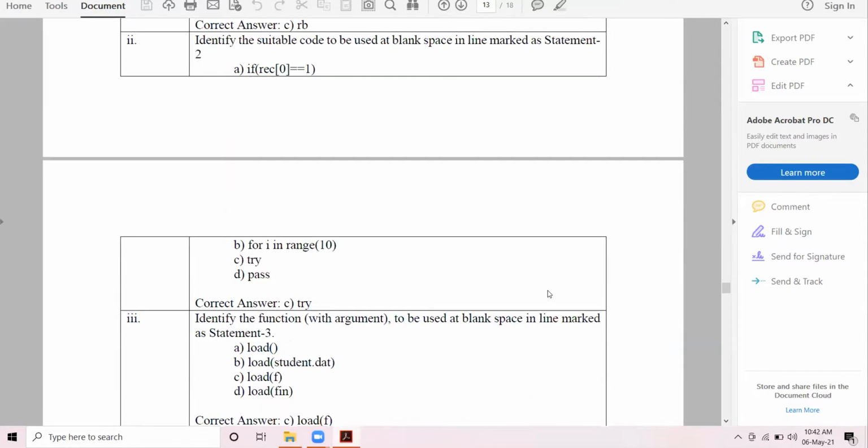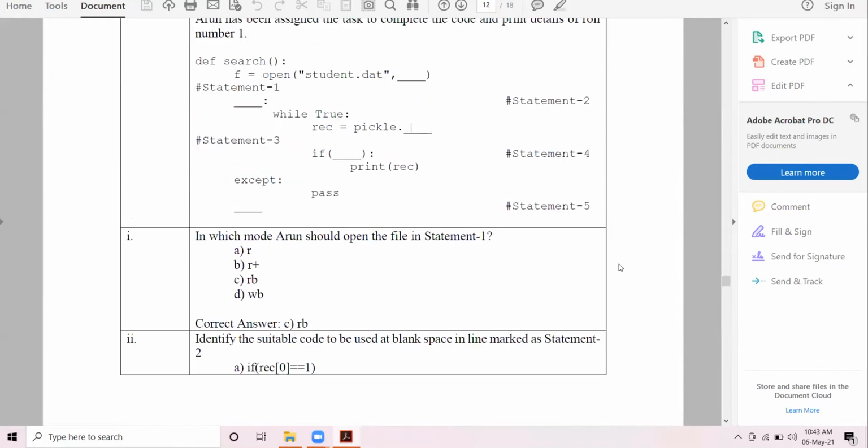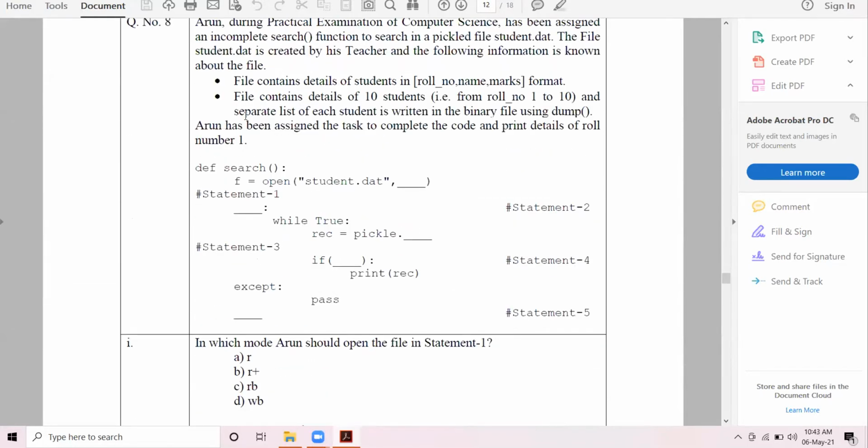So that was our third one. Now, fourth MCQ. What will be the suitable code for the blank space in the line marked as statement 4? In the list, I told you whatever your fields are, index them as 0, 1, 2, and we are to search for the student's assigned task, the detail of roll number 1.